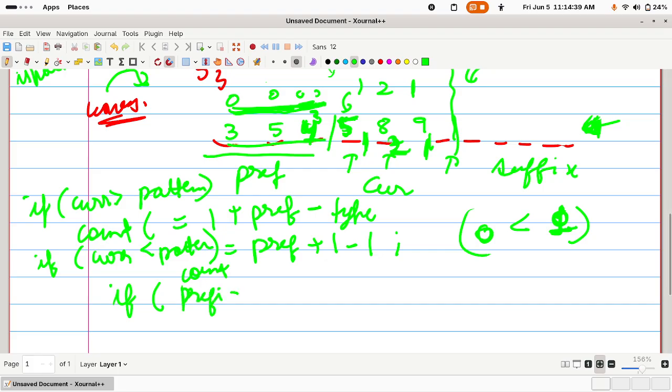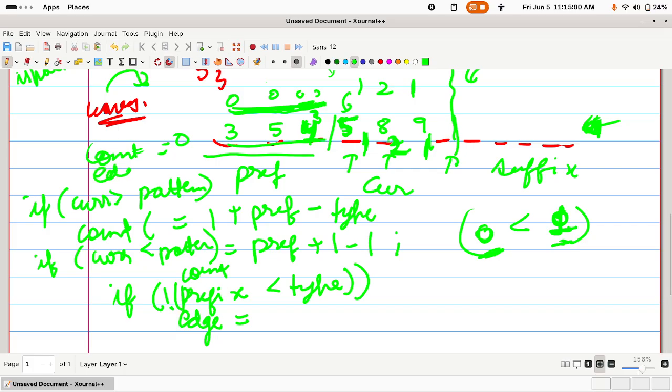Otherwise, if my prefix is less than type, then do nothing. But if the case is opposite, if my prefix is greater than or equal to type, just create your edge case. Initially count equals 0, edge will also be equal to 0, edge equals suffix plus 1, because I want to consider this only